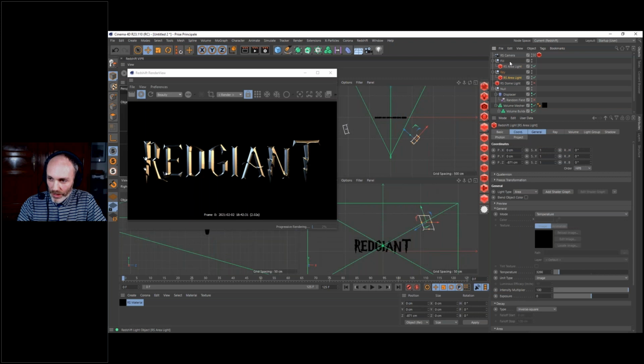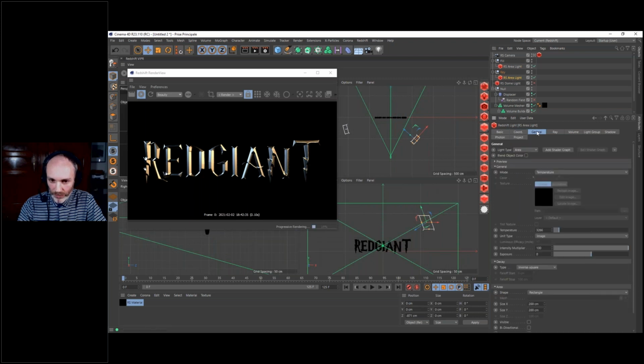And here on my key light, for example, I can now change the exposure, decrease it, because most of the time you don't want to have the same intensity for the two lights. Your key light should be the stronger one, but that's not an absolute rule.